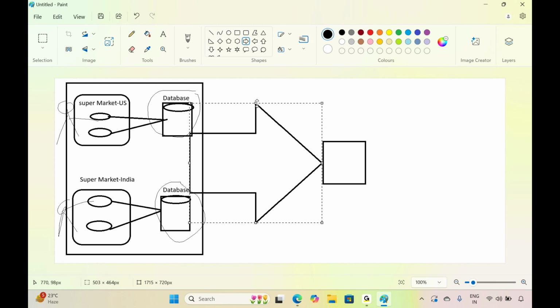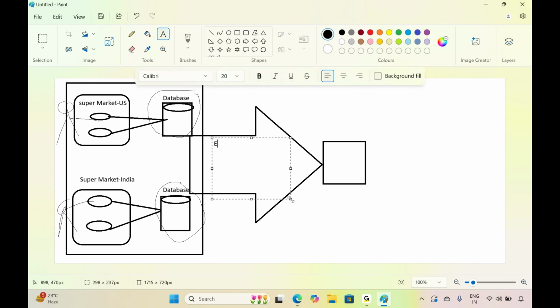You need to process that data into one particular location. This is called ETL. ETL stands for extracting the business data, applying the transformations, transforming the business data, and finally loading that business data into one particular centralized location. That is called data warehousing. So to do this ETL process and to store your data, we need some software, right?